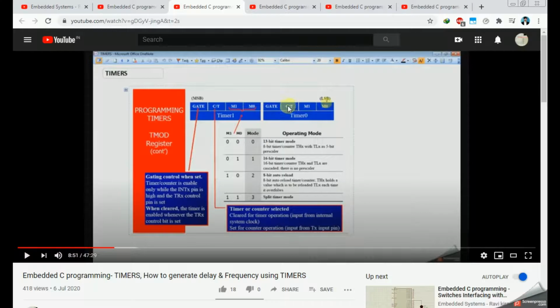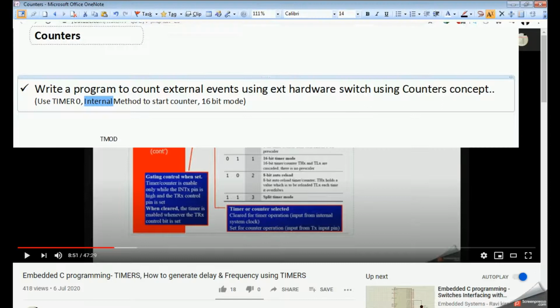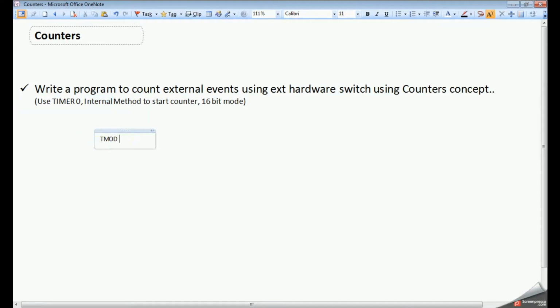So the code will be here gate 0, counter 1, 0, 1. So 0, 1, 0, 1. So the TMOD value will be 0x, 0, 1, 0, 1.